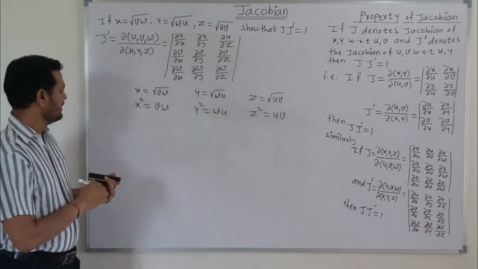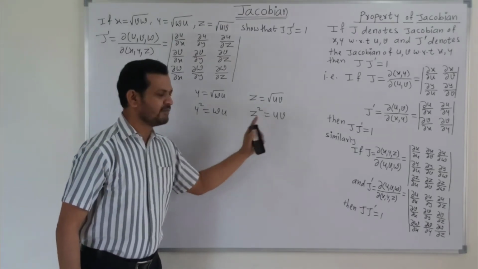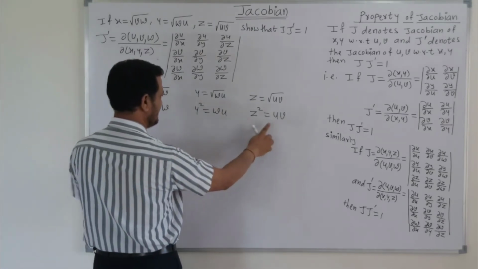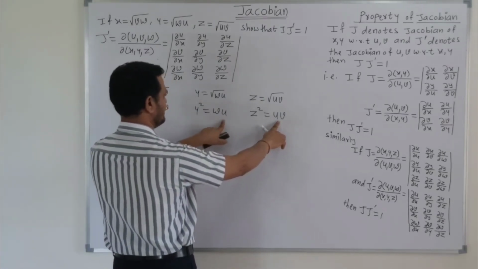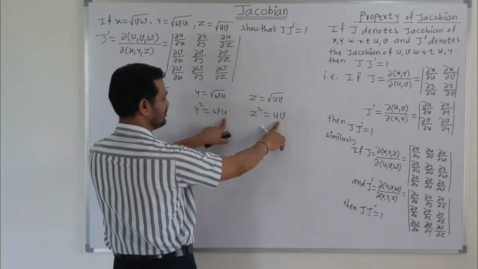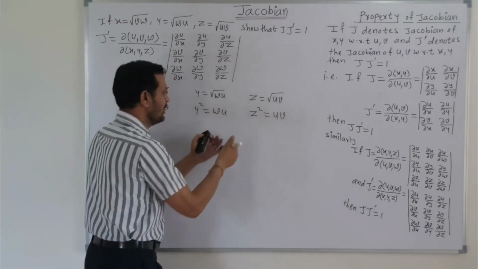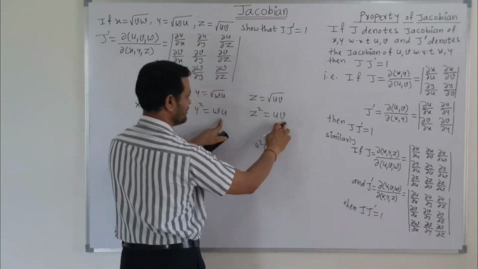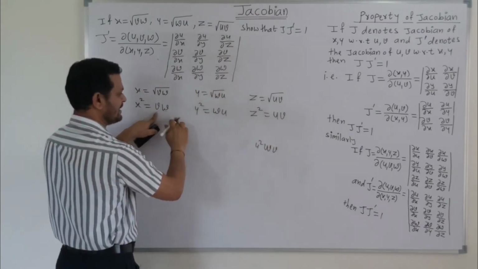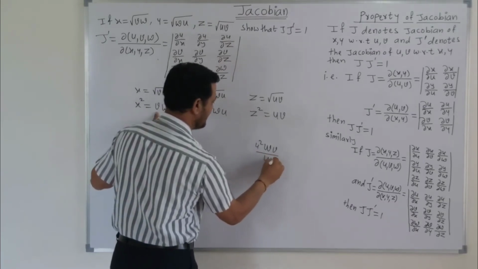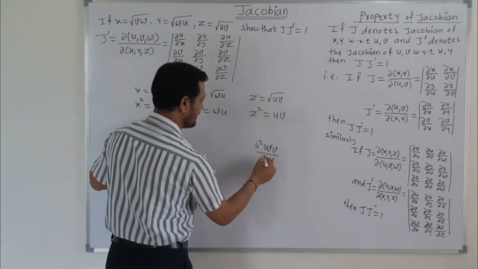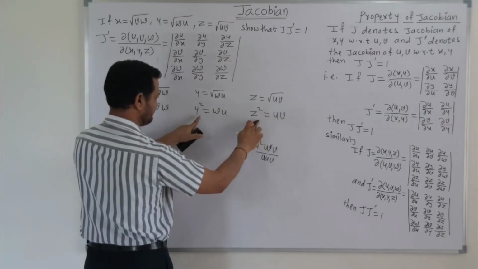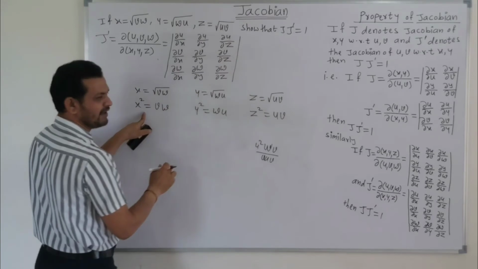Now friends, if we observe the right hand side of these three terms, then to calculate the value of u, u is present in the second and third equations. So if we take the product of these two terms, we get u into u square into wv. So after taking the product, and wv is available, if we divide by x square, these terms will get cancelled and we get the value of u square. That means take the product of these two terms and divide by x square.